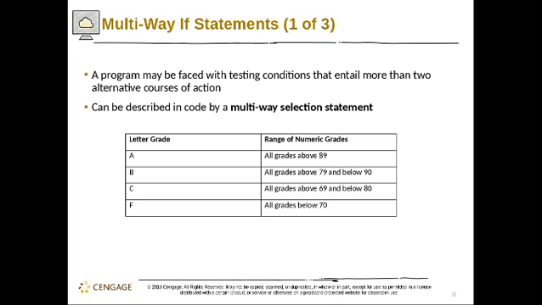So how about multi-way statements? A program can be faced with testing conditions that entail more than two alternative courses of action. So they can be described in code by multi-way selection statements. For example, this is actually how your final grades in Blackboard operate.